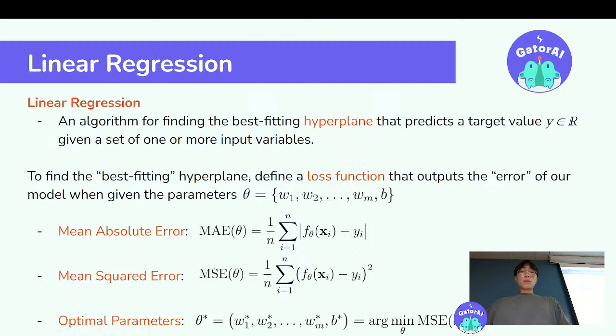Remember when we talked about convexity? We want our function to be convex because that guarantees that the minimum of our function will always be a global minimum. It might not be the unique global minimum, but it will always be a global minimum. The reason we choose mean squared error is that it's always differentiable and it's also convex. Mean absolute error, I believe, is not differentiable. So mean squared error is just more mathematically convenient for us to use, and you'll see why shortly.